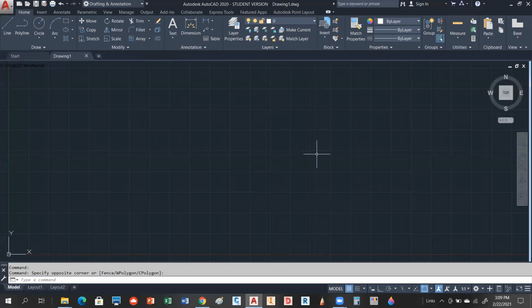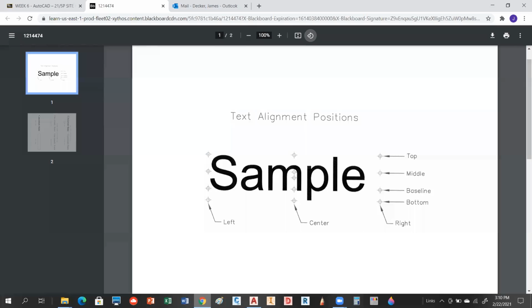I want to go back to that diagram I was showing you before we placed some. And the big thing to understand is that text is a bit of a complex object, and it works a lot like what you would use in Word or, let's say, Excel. But it has some other things about it that are a little different. So let me go back over to here, and let's look at this. So when we're talking about text,